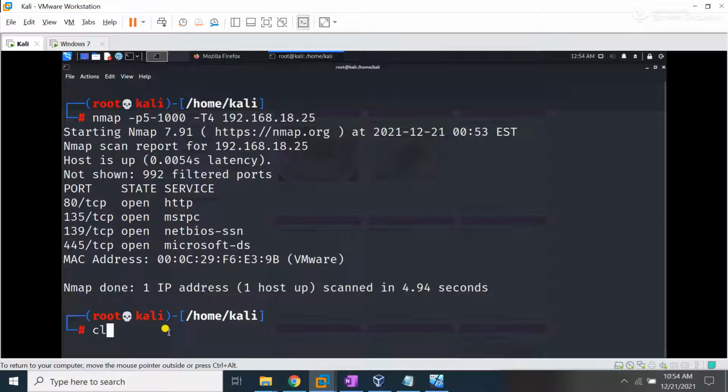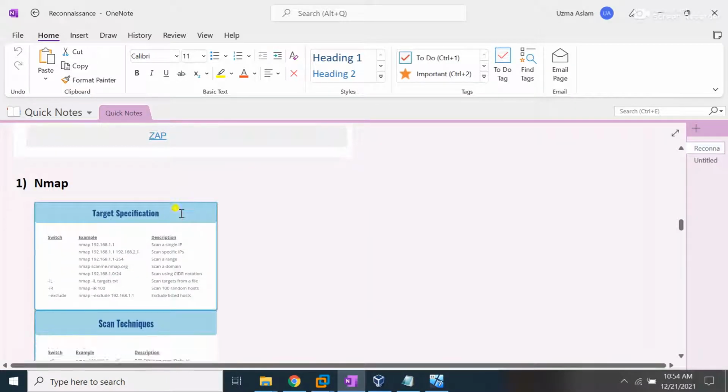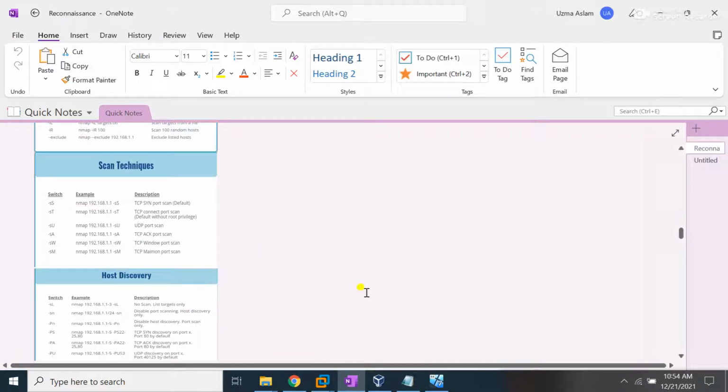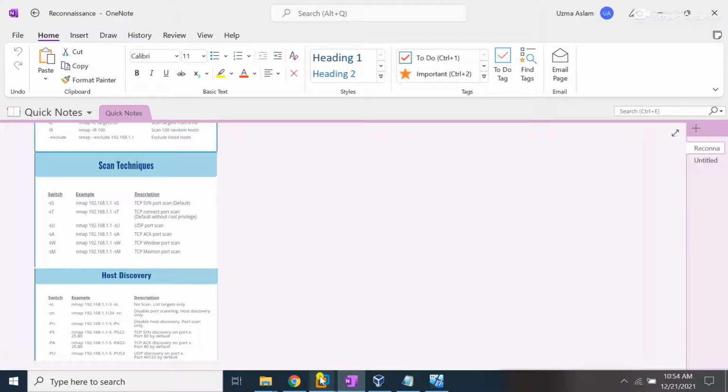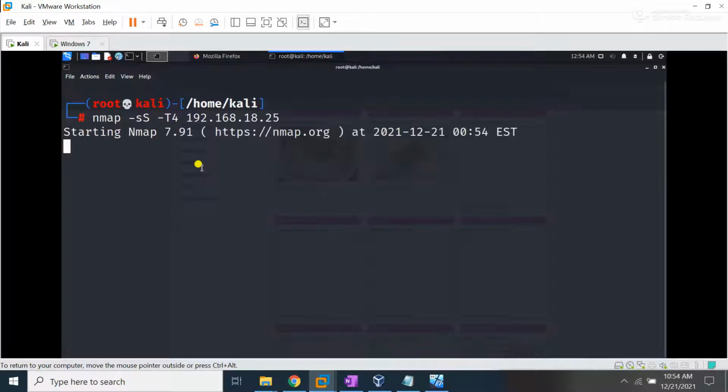Okay, students, you can also use different scanning techniques. If you want to perform a TCP scan or a UDP scan, let's see how you can perform a TCP scan. I'm going to move my terminal window, and if I type here -sS, it means I'm going to perform a TCP SYN scan.